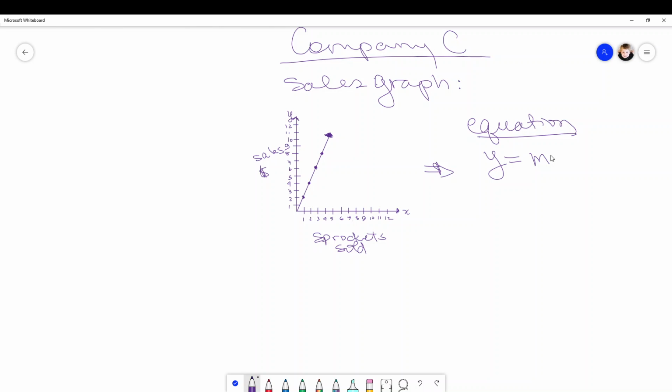And I know my equation is going to be y equals mx. You have the b on there, but I'm going to look and see that this x and y, the coordinate 0, 0. So y is 0 and x is 0, which means there's no b here. There is just 0. So there's nothing to add or subtract. So I'm just going to have y equals mx. And I just need to find my slope. So I'm just going to count. I'm going up 1, 2 over 1. So my rise over run, my rise is 2, my run is 1,